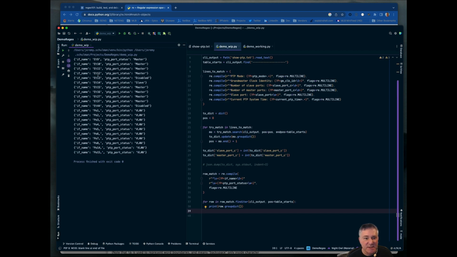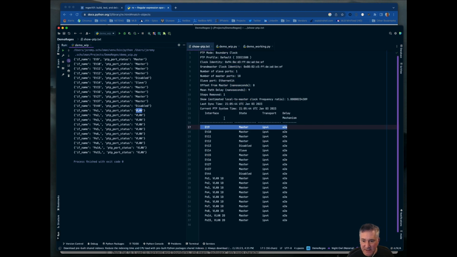Okay, so you can see, this all looks fine until we get to an interface that has a port status, and now it says VLAN. I'm like, well, that's not right, because what's happening is it's picking up this content before it picks up this content. And so what we have are rows that have optional content, and so we need to encode that into